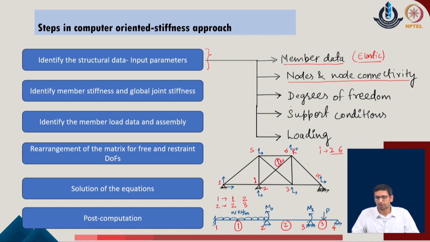Similarly, I also need to provide the degrees of freedom in the given problem. One can correlate this idea with the support conditions which we typically identify. All the degrees of freedom which are supported will be restrained. So, those are the degrees of freedom which we need to specify as restrained at these positions, and at the same time we need to include the overall degrees of freedom which are free, or which are allowed to deform in the given system.